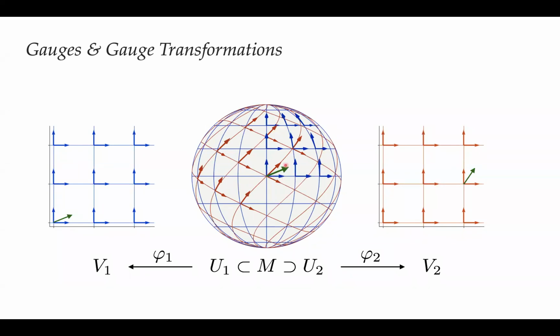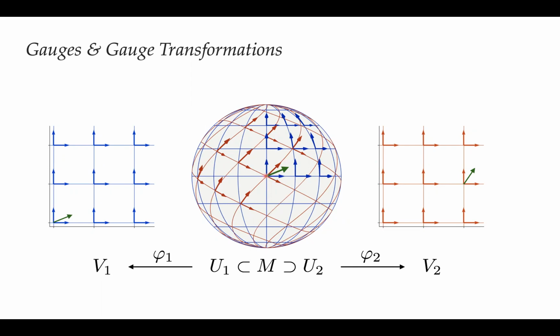But even though these numerical descriptions are different, if we remember what gauge was used to describe it, we see that the underlying vector, the green thing that lives here on the manifold itself, is the same. And so changing from one gauge to another, from red to blue, for instance, that's what we call a gauge transformation. And it can act on the numerical description of the vector to give you the numerical description of the same vector in a different gauge.